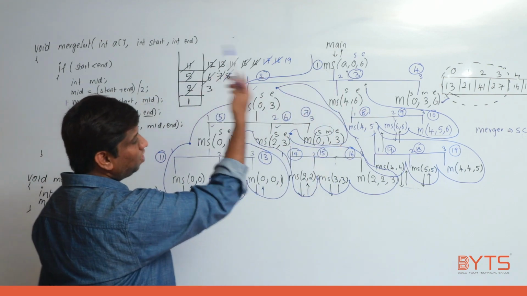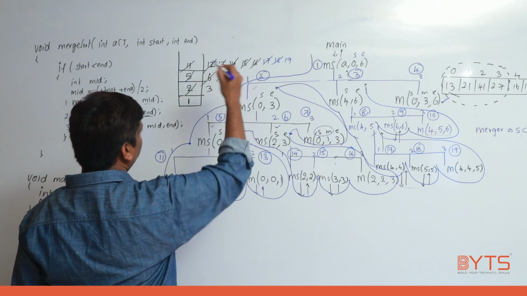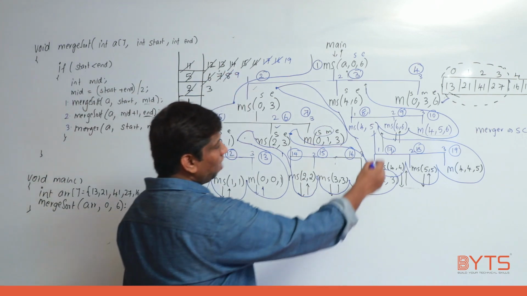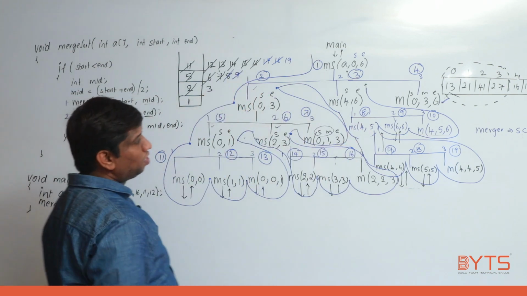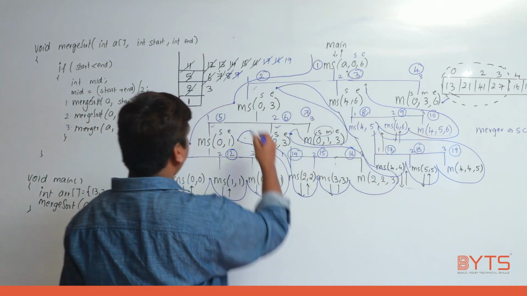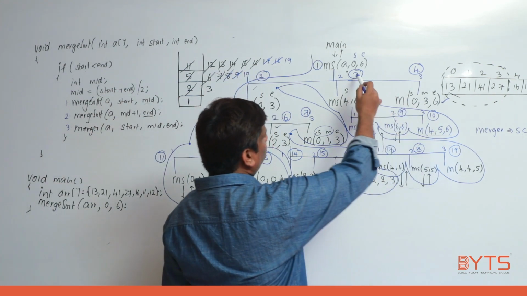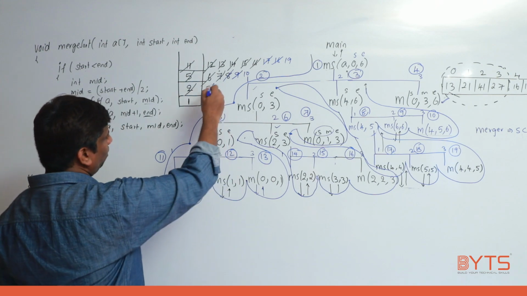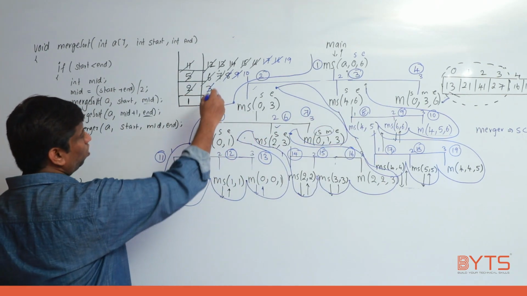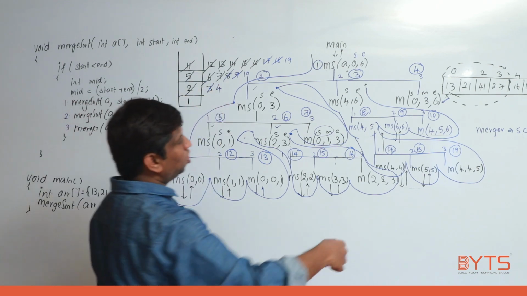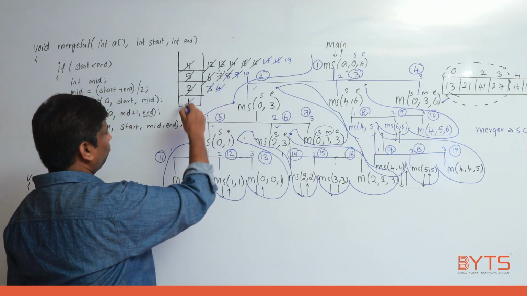I came to 3. 3 is in turn calling which function? 9 function. Okay, 9 function, there is no more recursion. So I need to come back. Okay, I came back. Next I need to call which function? 10th function. Fine. So when 8, 9, 10 are completed, you need to come here, right? So 3 also completed. So after 3, now I need to call which function? 4th function. So 1 is only calling 4th function. Okay, fine. So I came to 4th function. Once the 4th function is completed, first function is completed.